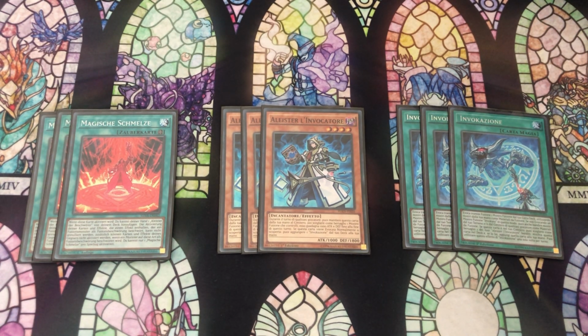They won't be able to respond to the effect, and they won't be able to negate your Shaddoll fusions either, so that's really big. And then Alister is big because the Shaddoll engine doesn't really have any good normal summons. It doesn't really have many starter cards either, and Alister is a great way to get your plays going,